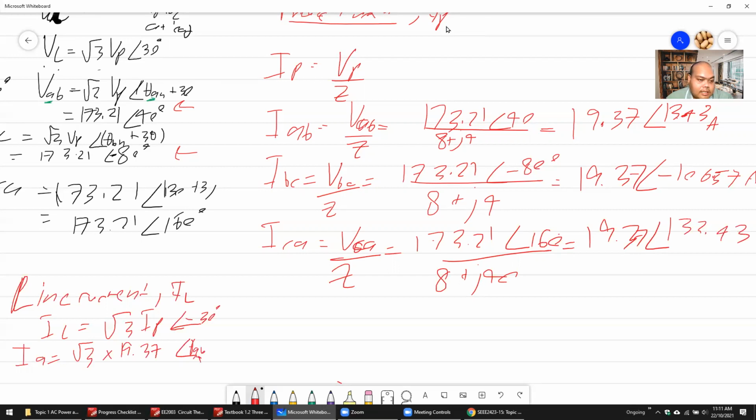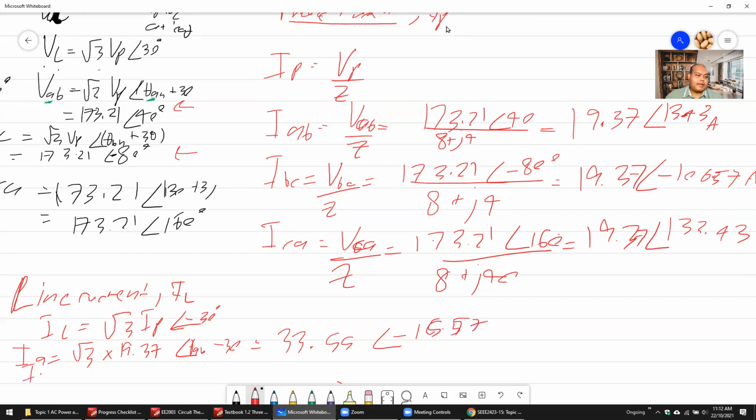Okay, remember, if you want to find the IA, you have to look at the first one is A. Okay. IAB minus 30. So 19.37 multiplied by square root 3, you get 33.55. The angle is 13.43 minus 30, you get negative